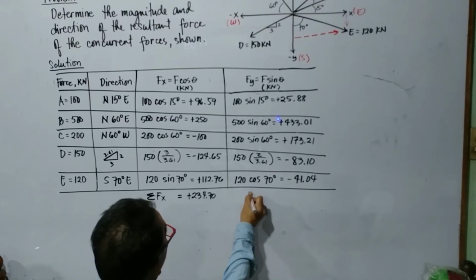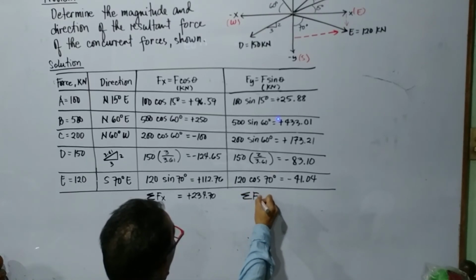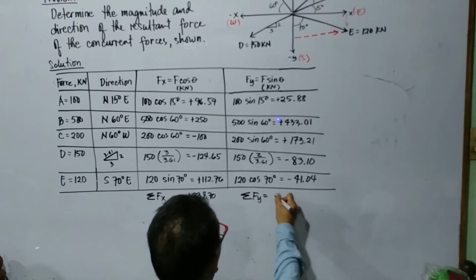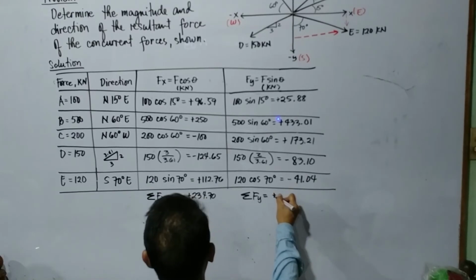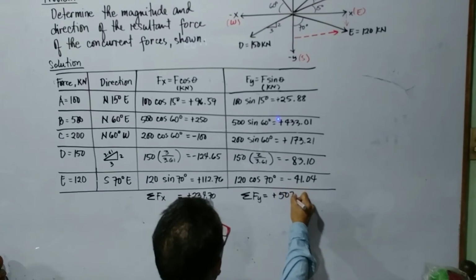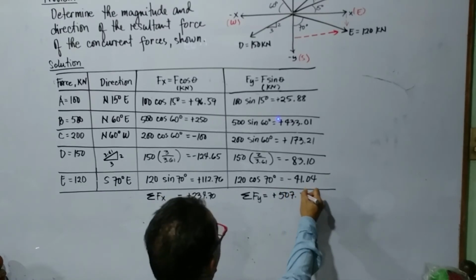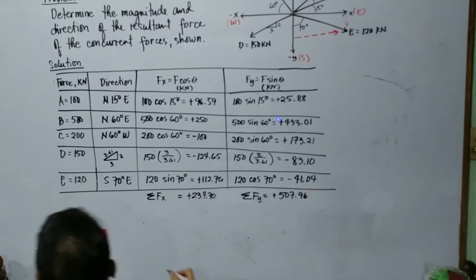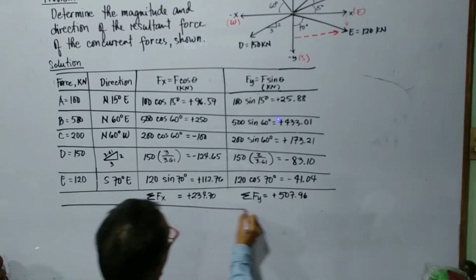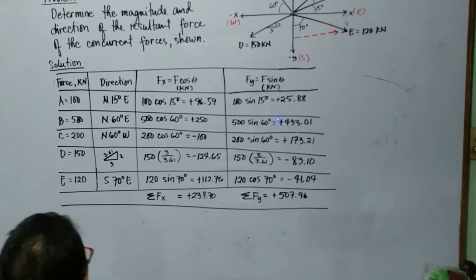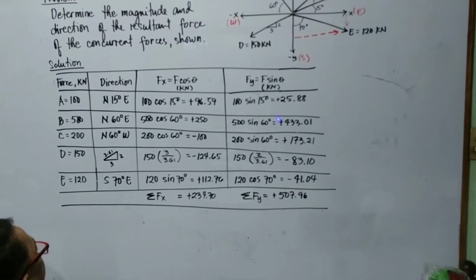Here, the summation of Fy equals positive 507.96. Next, to get the direction,